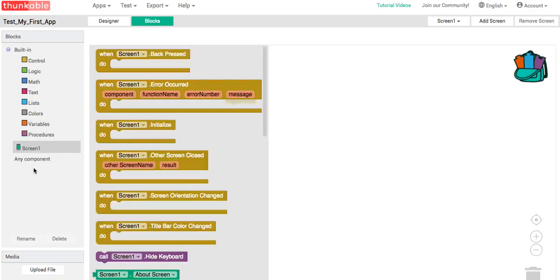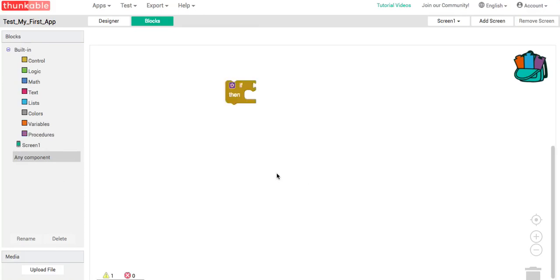The screen one is from the designer part which is coming, and when we are going to select component, the components will come over here. So all these things are available over here. We call these things blocks. We call it blocks. So Thunkable has given us very nice